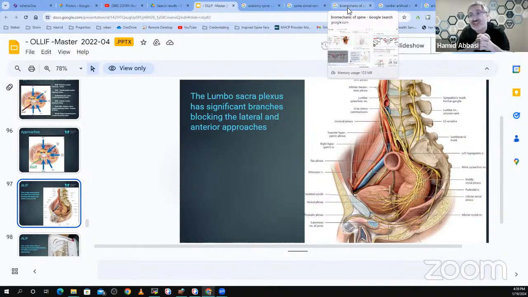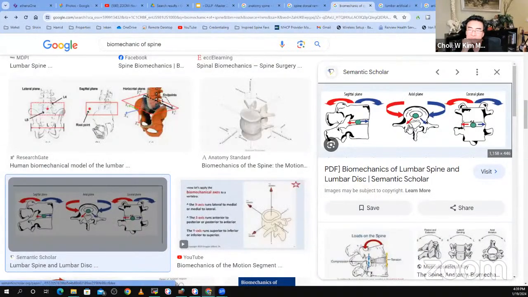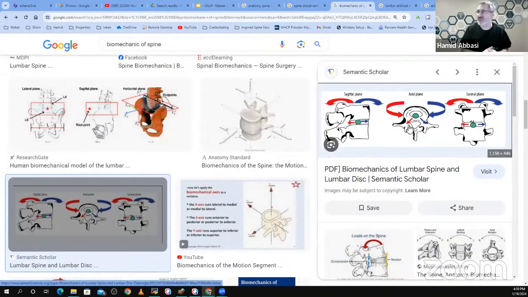The conversation is in German, but I have it online for you. So people who are interested, I'm sure there's artificial intelligence that will translate it for you if you don't understand German. But one of the reasons they were thinking that the reason their artificial disc failed is because, as you said, like in the joint,